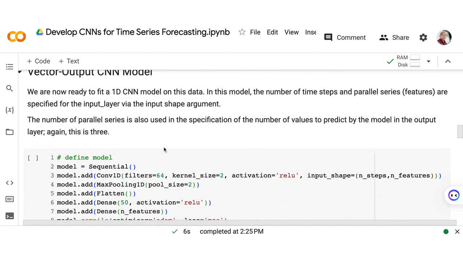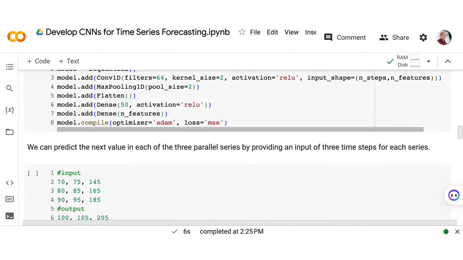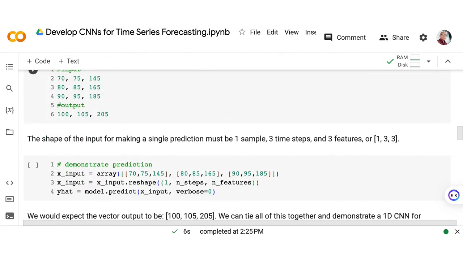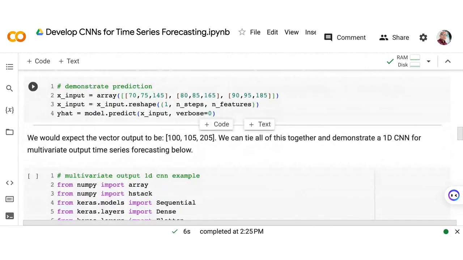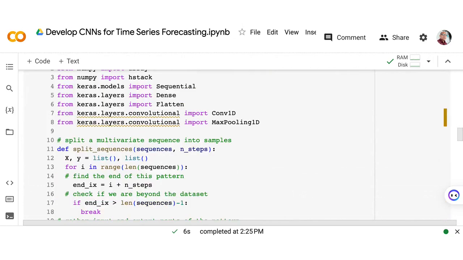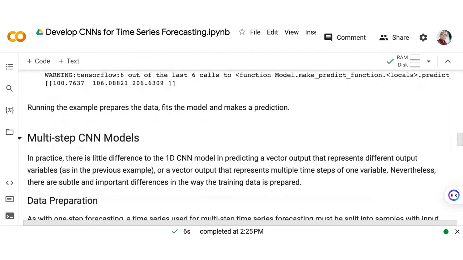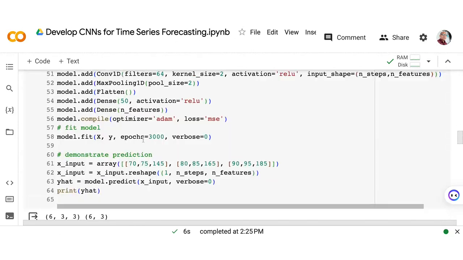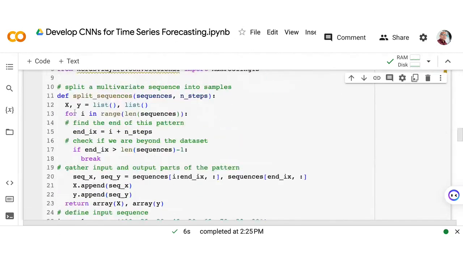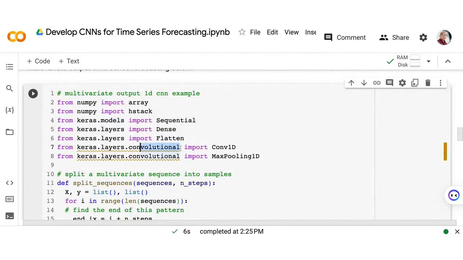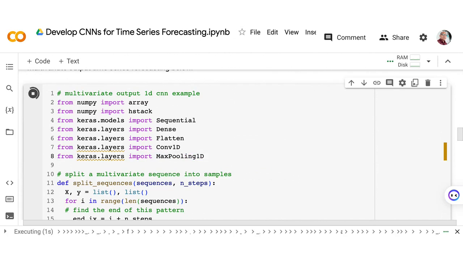So as you can see here, for the vector output CNN model, although there is no definition here, if we try to run this, maybe we can remove this, also this one. Okay, and let's try to run.